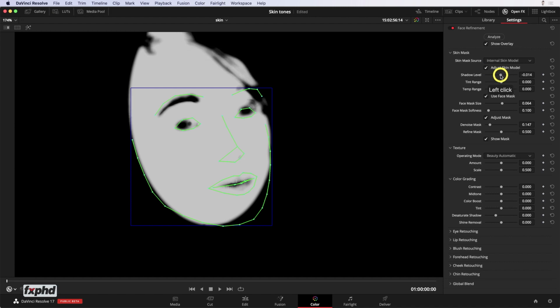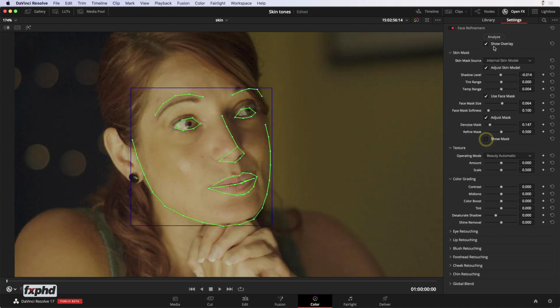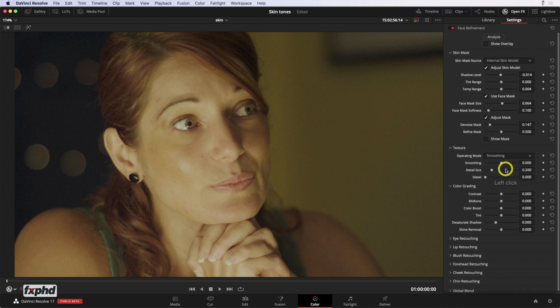Now you've got a few options here, beauty automatic. I quite like smoothing. I've been using this for a while, and you can just go in and do a general smooth like this. Now there's a new option in here. If you double click in there now, you can use a keyboard. You can just go up like this, and it's quite useful for this sort of thing. You can just hold that, and I'm adding smoothing in there.